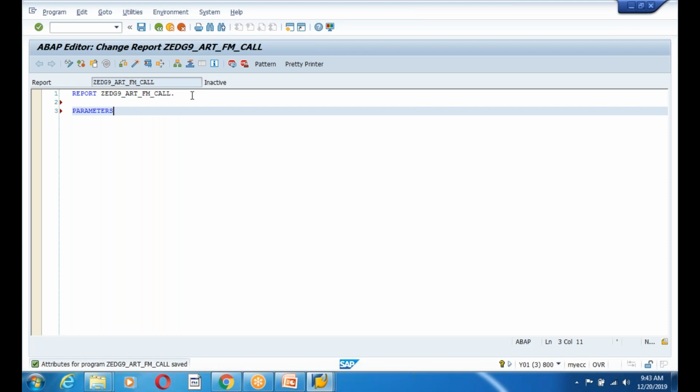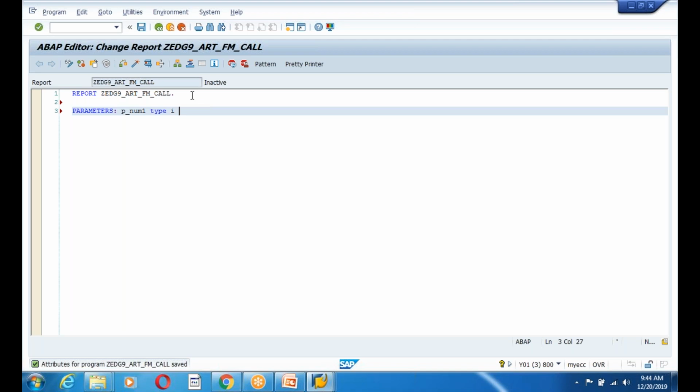And I'm going to design the input values. Okay, I am using parameters. I don't want to hard code, guys. So input values from the program as well, from the selection screen. Okay, p_num1, which is of type integer. And guys, how can you default the values in a selection screen? Yeah, initialization. And one more, someone told default, guys. See, I can default the values in the initialization, not at the selection screen. And how can you put default type I,